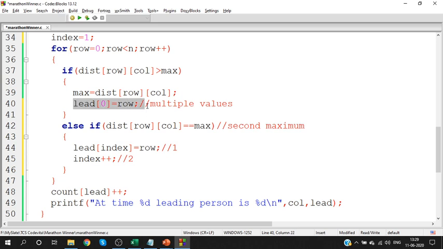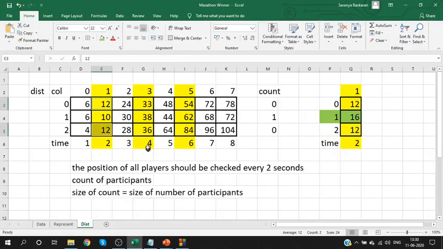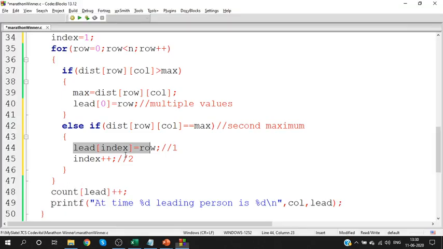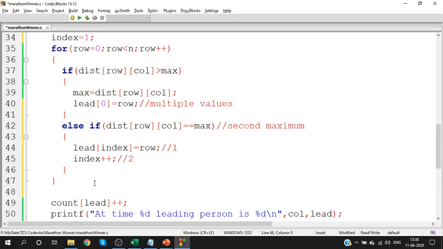Find the maximum. First maximum will be stored in 0th index. Repeating maximum should be stored in the following values. So when you increase the count, you should not increase this only for one lead. You have to increase this for all the leading values. Is this clear? If 0 and 2 are leading, you should increase it for all the leading values.